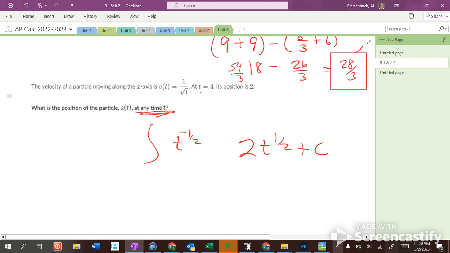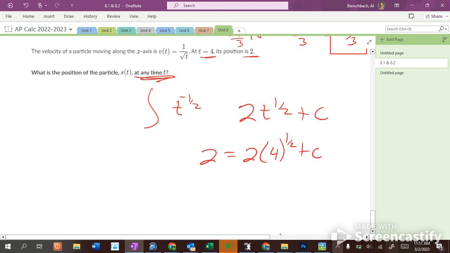But if we know at time equals 4, the position is 2. So 2 is equal to 2 times 4 to the 1/2 plus c. 4 to the 1/2 is 2. 2 times 2 is 4. So 2 equals